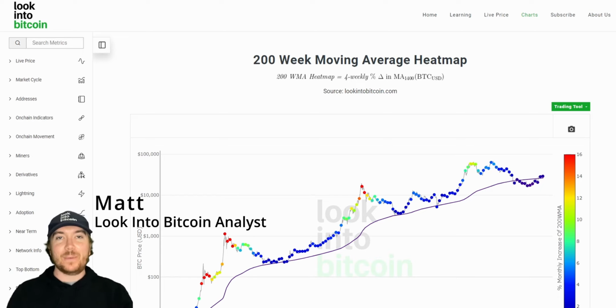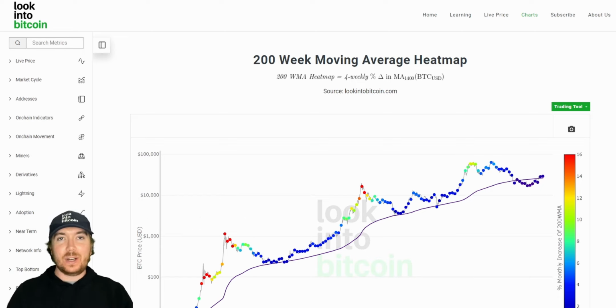Hi everyone, I'm Matt from Looking to Bitcoin, and today we're going to be looking at the key levels you need to be watching for Bitcoin to either bounce off, find some support, or maybe the resistance we need to keep an eye on. To do this, we'll be using a number of resources that are all freely available on